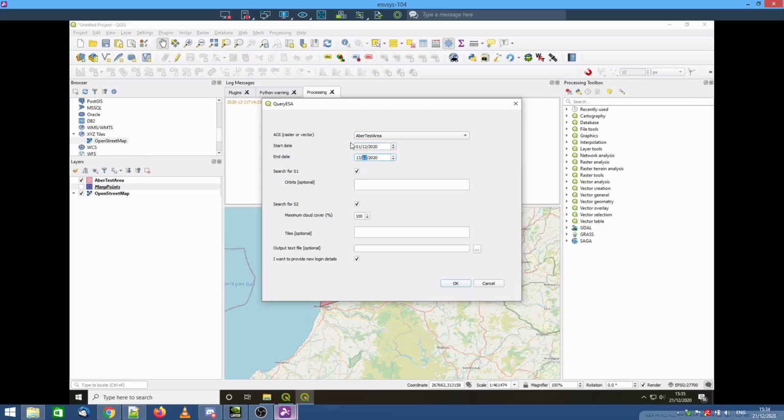And once you've entered those, you can select which satellites you're looking for, if you want to limit the orbits and tiles or the cloud cover, and if you want to save the outputs to a file. I've already stored my login details. They get saved encoded in the QGIS settings, so you only need to enter them once or if you've recently